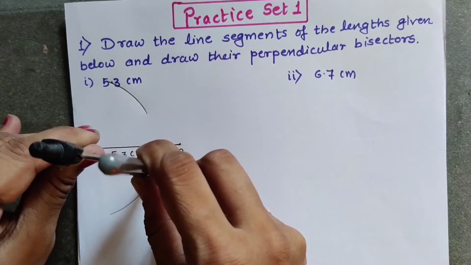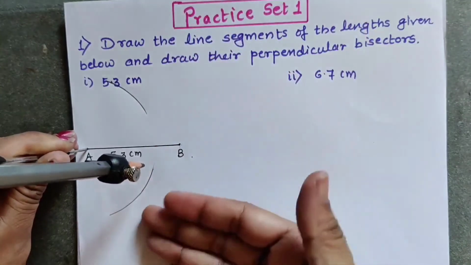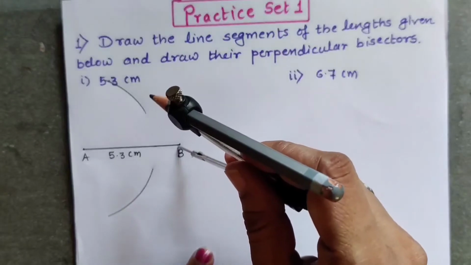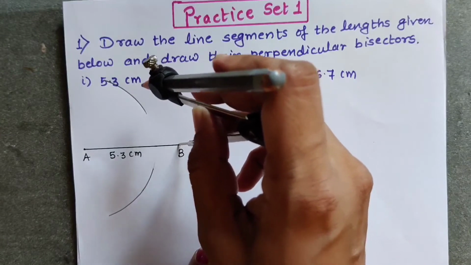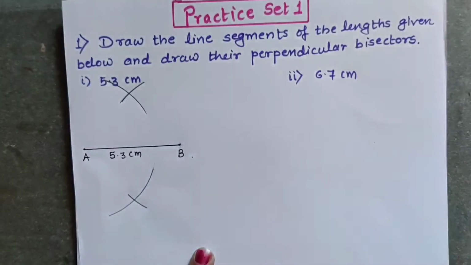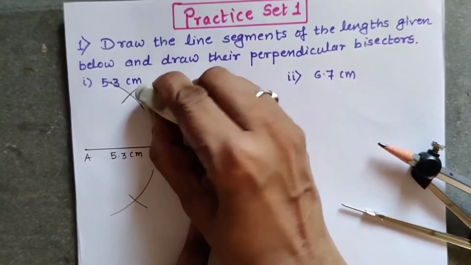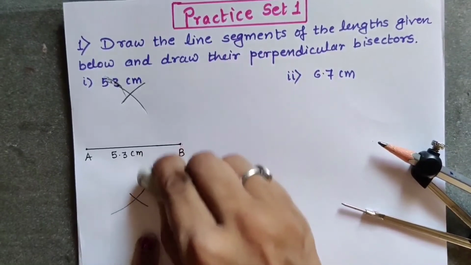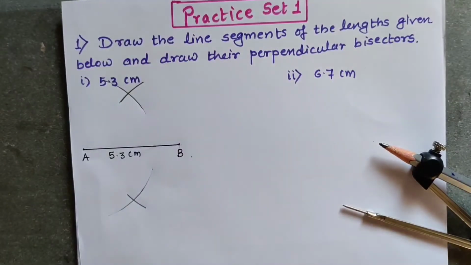Okay, so I have drawn 2 big arcs on the upside of segment AB and on the downside of segment AB also. Now placing the pointer on B, I will be drawing the second arcs which intersect the first arc. So let us see. In this way they intersect the first arc. We can rub out the extra portion of these arcs like this. You can keep the arcs smaller, otherwise you can keep them as they are.